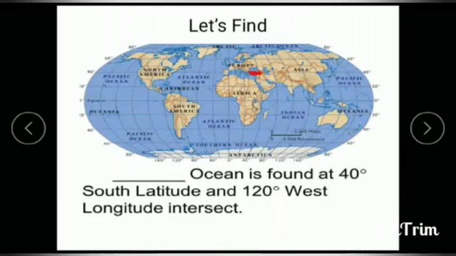Similarly, if the question would be 40 degrees south and 40 degree west, now let's find it out. When we are talking about 40 degrees south, we are talking about latitude. So it is 40 degree. And when we are talking about 40 degree west, we are talking about the longitude, which is this. This is 40 degree. So where it would be, it is 40 and 40, like this is the intersection. So this is Atlantic Ocean. So the answer would be changed. The answer would be Atlantic Ocean. I think with this you will get a clear understanding about longitude and latitudes and their intersection.